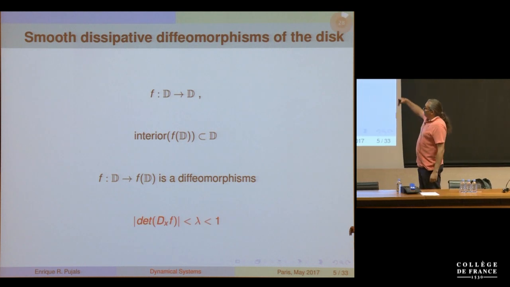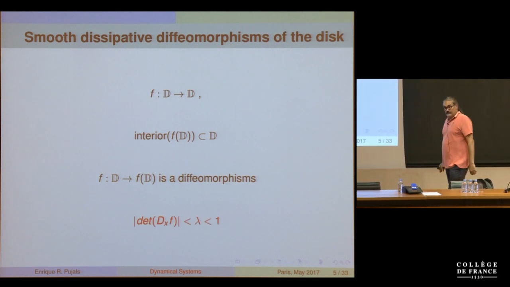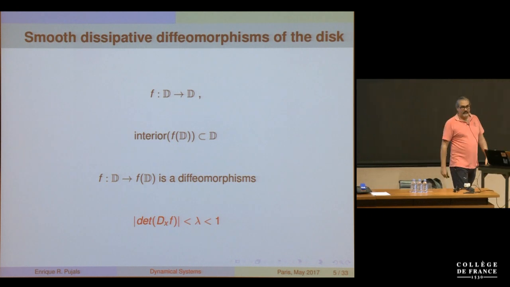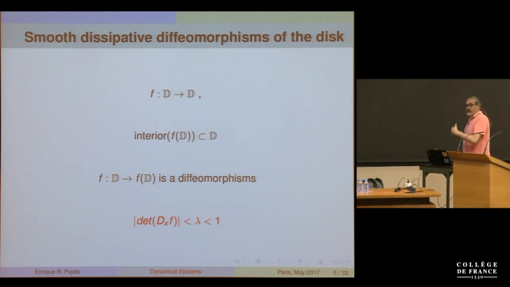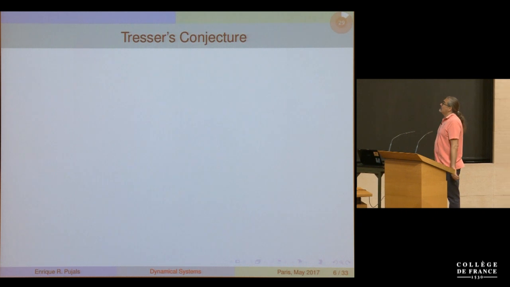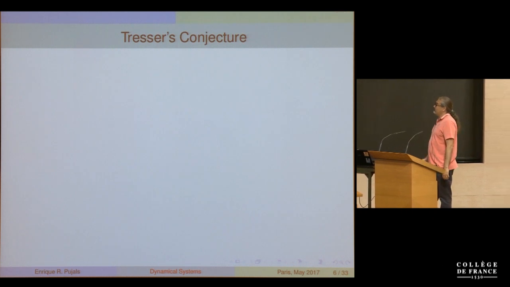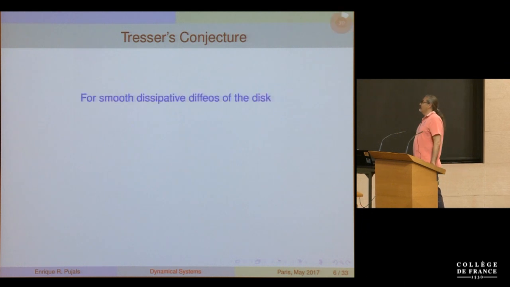And we will assume that the Jacobian is smaller than 1. Okay, so this is the setting that we will try to say something. And there is a conjecture by Charles about the system in certain way inspired by his work on one-dimensional dynamics,